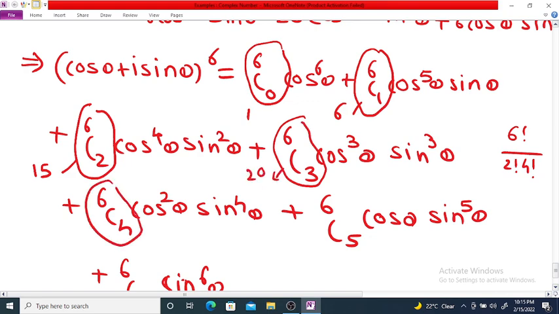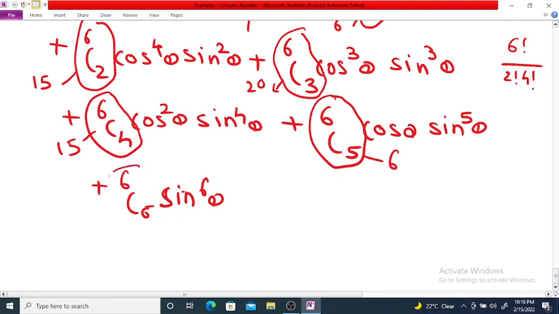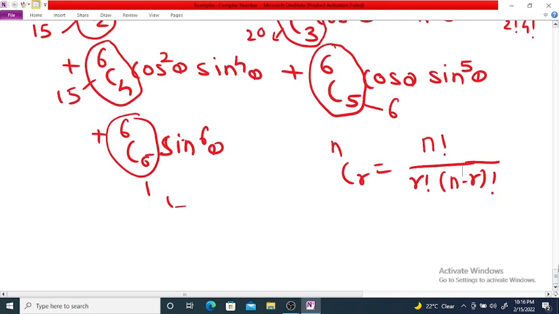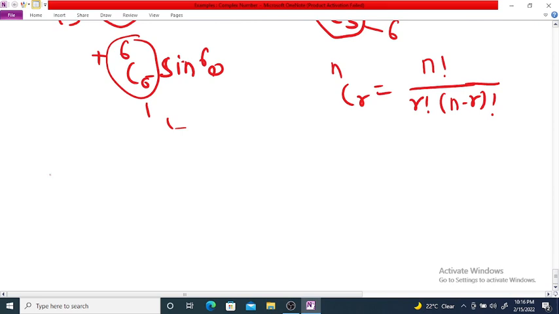This is equal to again 15. 6C5 is equal to 6, and 6C6 is equal to 1. Here we use the formula nCr is equal to n factorial divided by r factorial times (n minus r) factorial. So if we simplify this, we get cos^6 theta plus 6 cos^5 theta